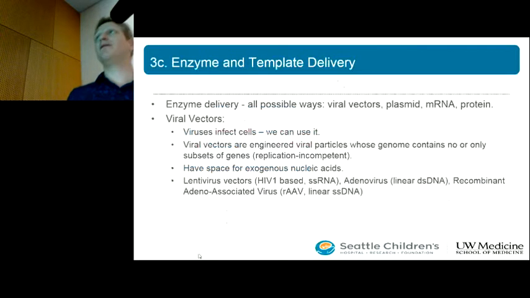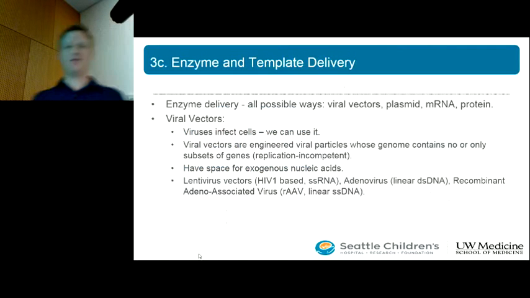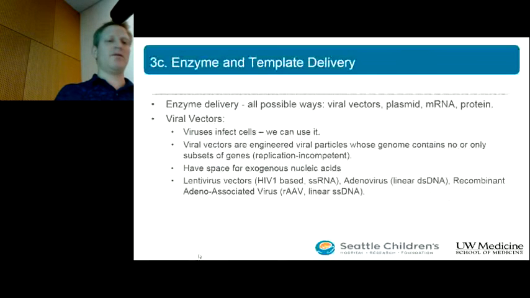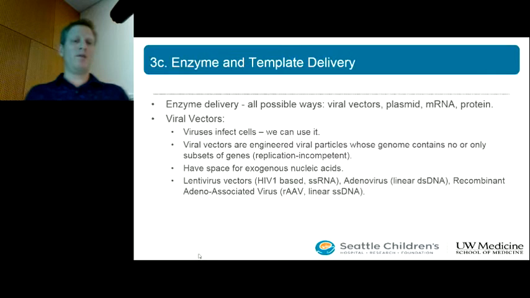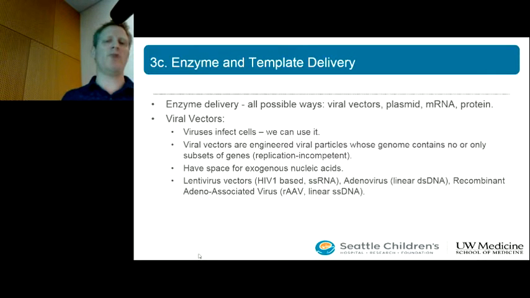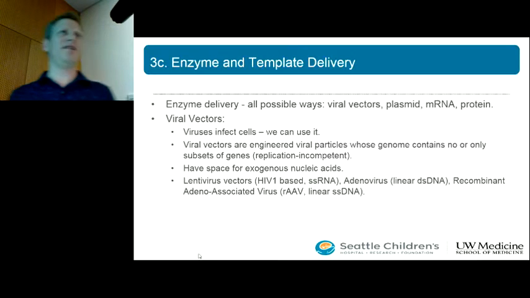There is another problem. So you need to insert the template. You need to insert the endonucleases into the cell to correct them. And people are doing that in every possible way. So in order to put in the enzymes, these endonucleases, they don't belong in the cell. These are foreign